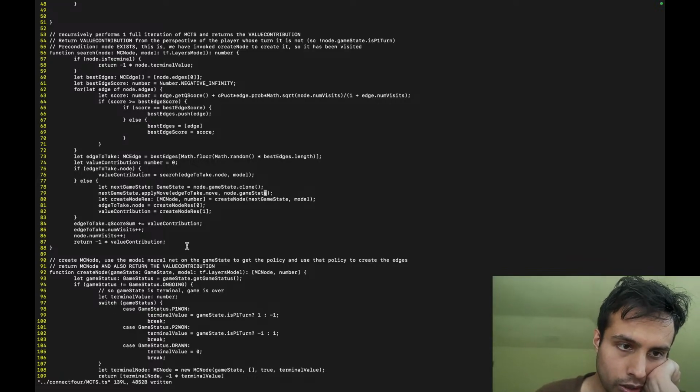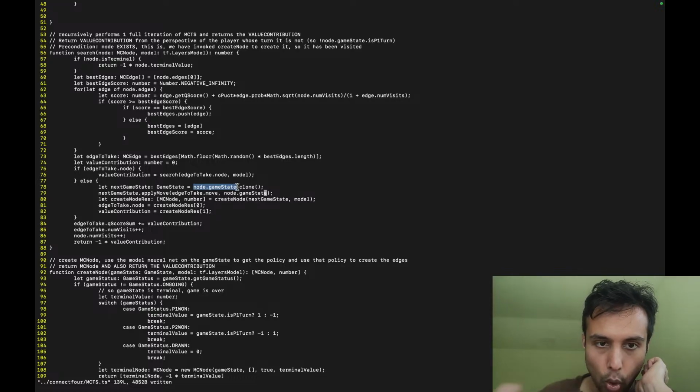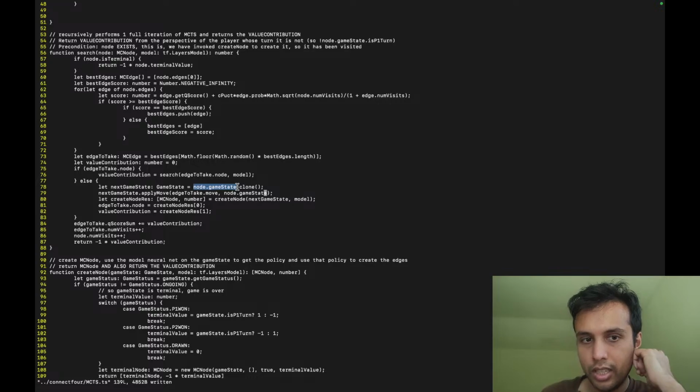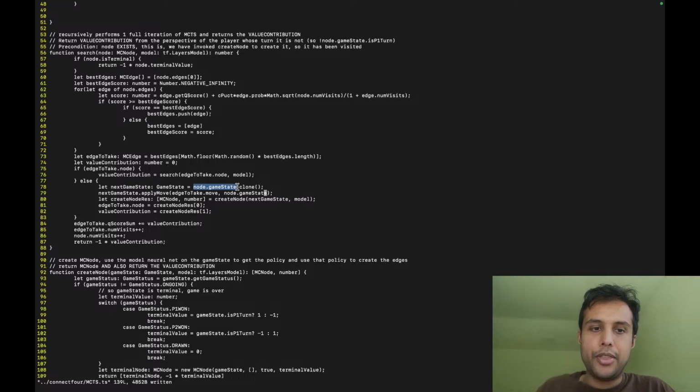So anyways, let's take a step back. What we do is we take our game state and we clone it. The reason we clone it is because on this new next game state we can do apply move, which is destructive. It changes the coins' positions, right? We don't want the changes to be reflected in the current game state. The node.game state should be immutable. Its coin locations, whatever members it has, should not be mutated. We don't want to dirty it or stomp over it. We want to preserve that because each MC node has a snapshot. I think the word snapshot is a good word. It contains a snapshot of the game state.